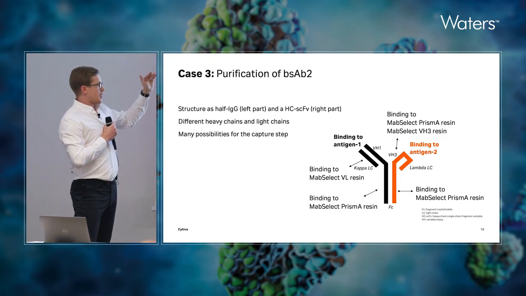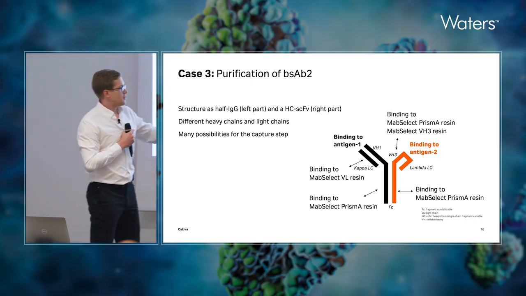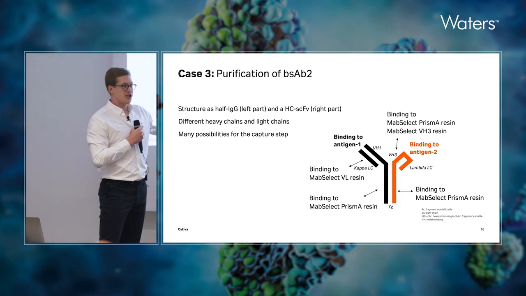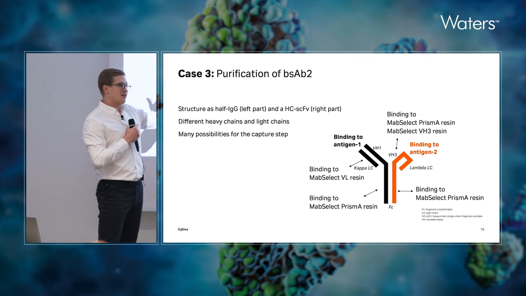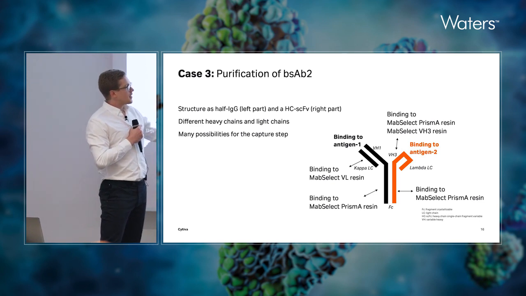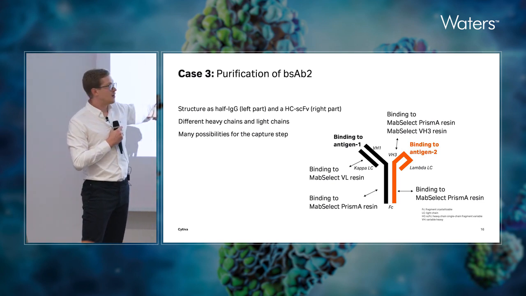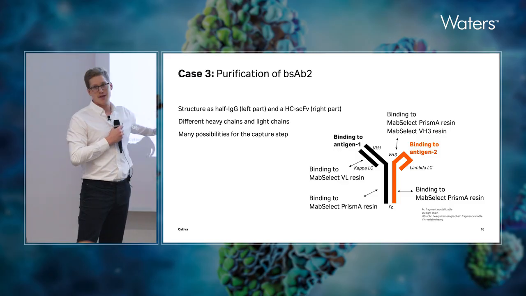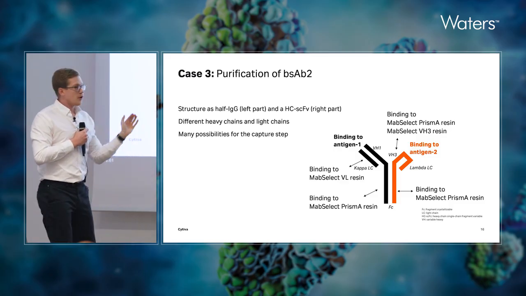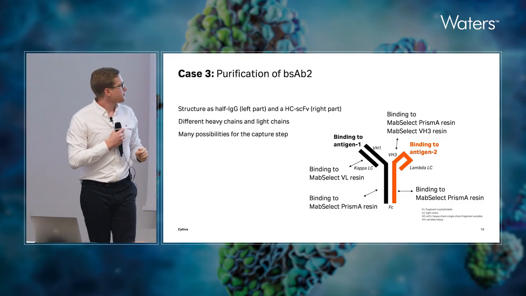This is then one chain that has elements of an FC region from an IgG. It then has a heavy chain that is VH3 isotype, and then it loops back and has a part that is similar to a lambda light chain. But it's all expressed as a single chain.